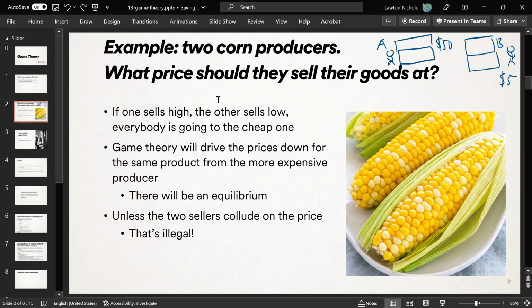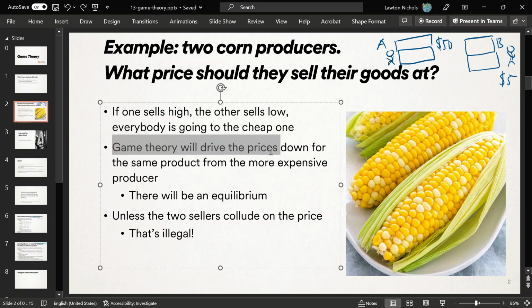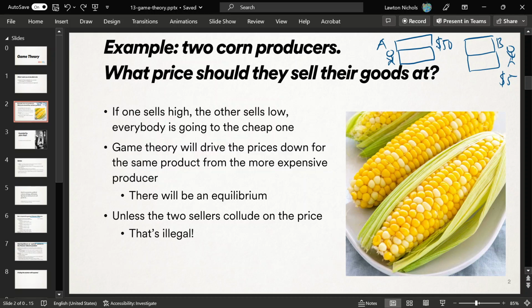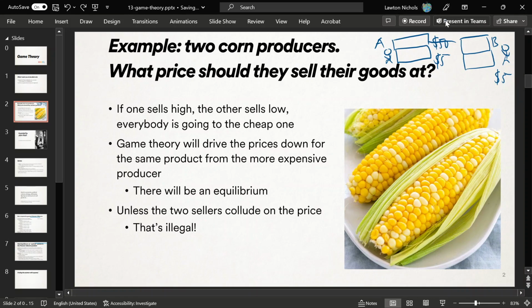And so game theory is just essentially the study of this common sense idea, and it's going to tell us that the prices are going to go down. Game theory is going to tell you how the prices will be driven down for that same product from the more expensive producer. So if this person ever wants to compete, they have to change their price to $5 to stay in business. That's essentially it. And so then they are both going to sell at the same price, and that's called an equilibrium. That's important because that's essentially what's going to eventually happen once these two producers